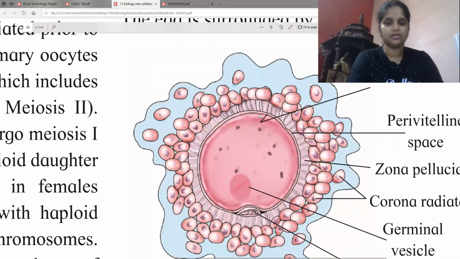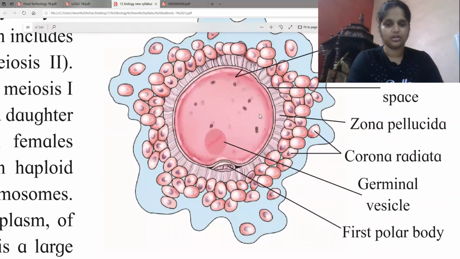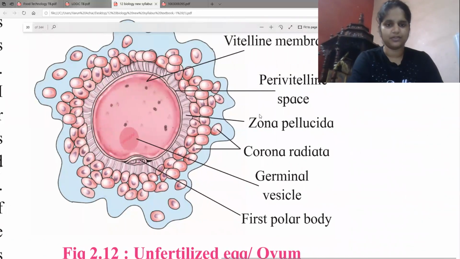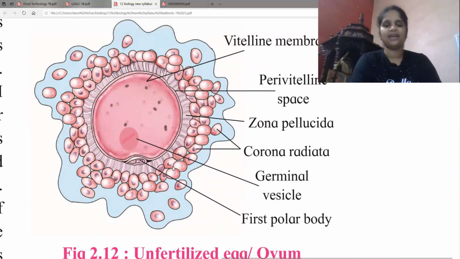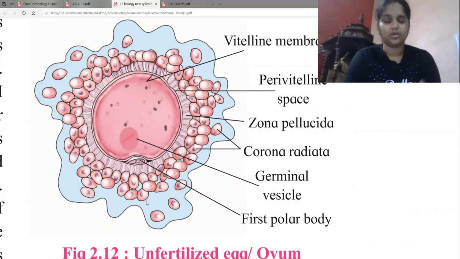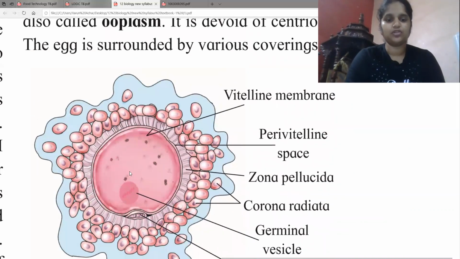Now, in case of your secondary oocyte or the unfertilized egg that we have over here, you are not going to have any kind of shell around them. Now this blue colored thing that you can see is basically one of those theca which was formed in the ovum or in the ovary. Inside it, you are going to find all the cell organelles, and you're going to find a nucleus. This nucleus is very large, and that is why it is called as germinal vesicle. It appears like a huge vesicle, germinal vesicle, and inside that you have the haploid set of chromosome.